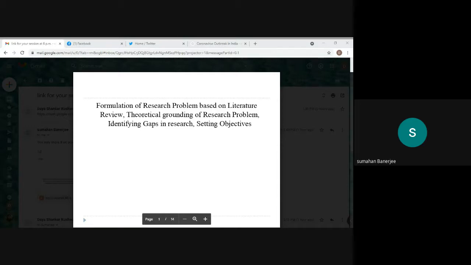The first thing is that to select the problem, it will be better to take up certain issues at hand, avoiding controversial subjects in the beginning. Secondly, too narrow or too vague problems should be avoided. The subject selected for research should be familiar and feasible so that the related research material or sources of research are within one's reach. So you cut your coat